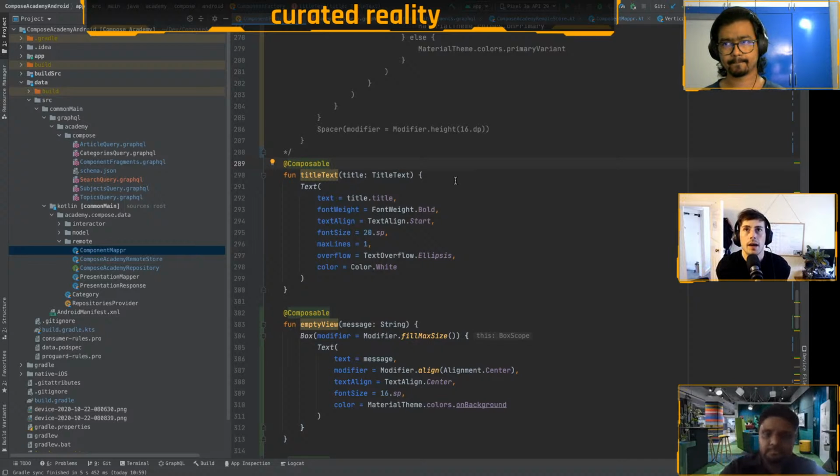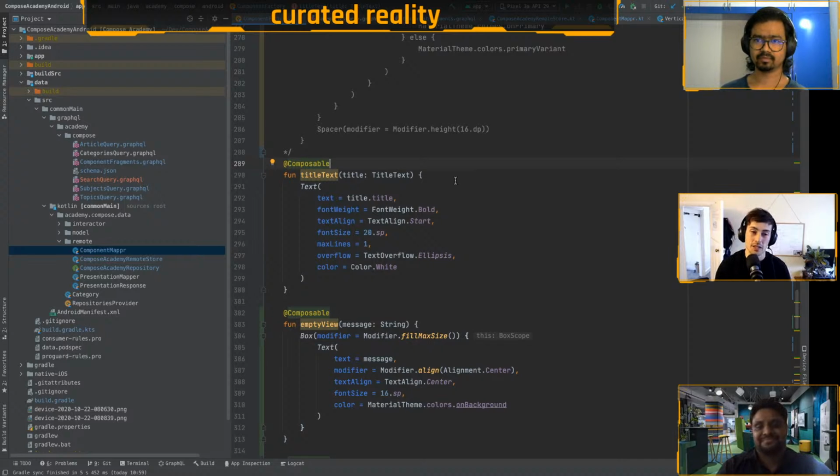I'm trying to think how that would work if the server was controlling the composable functions. How do we handle navigation? Would the server just return everything? Could do. I'm sure there'd be some snags that we'd run into.